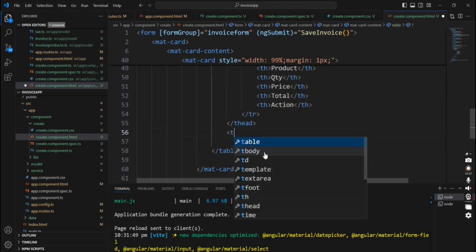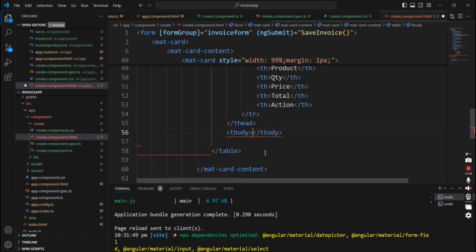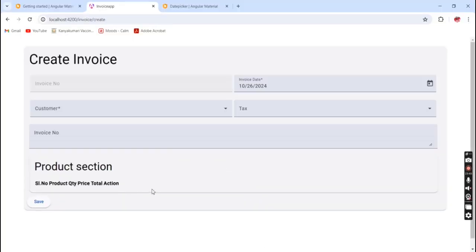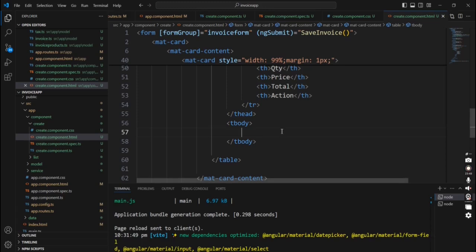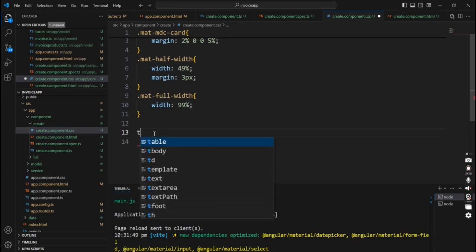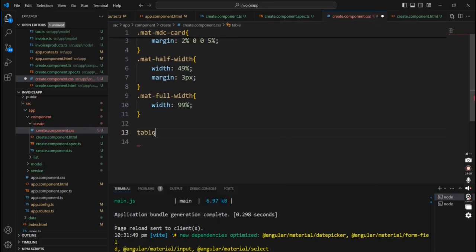Okay, and in this tbody we can generate the controls in a dynamic manner. So first we can see whether our style looks good. Okay, it's just coming like this, it is not aligned. Again I'm including one custom CSS here. So here I'm just adding,